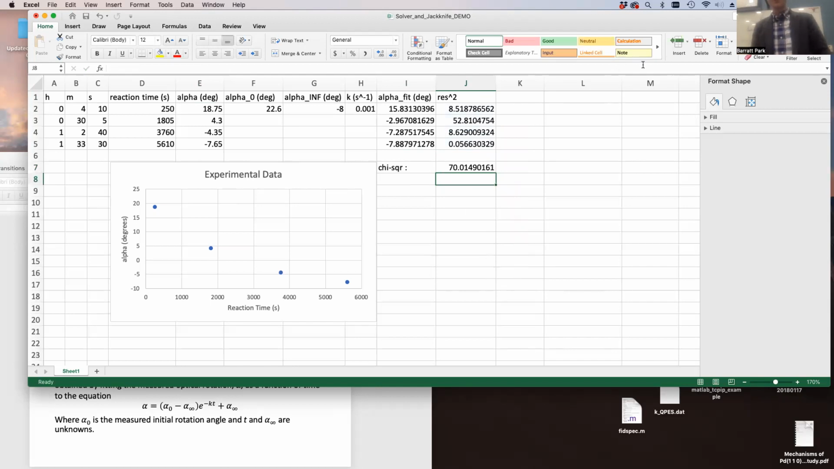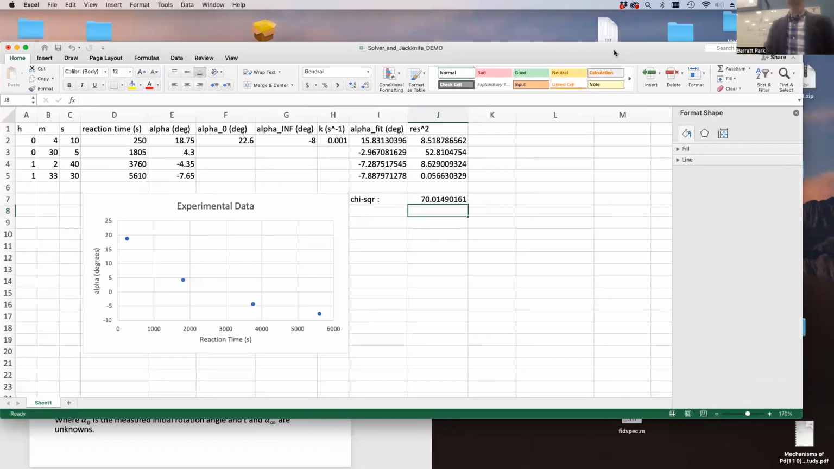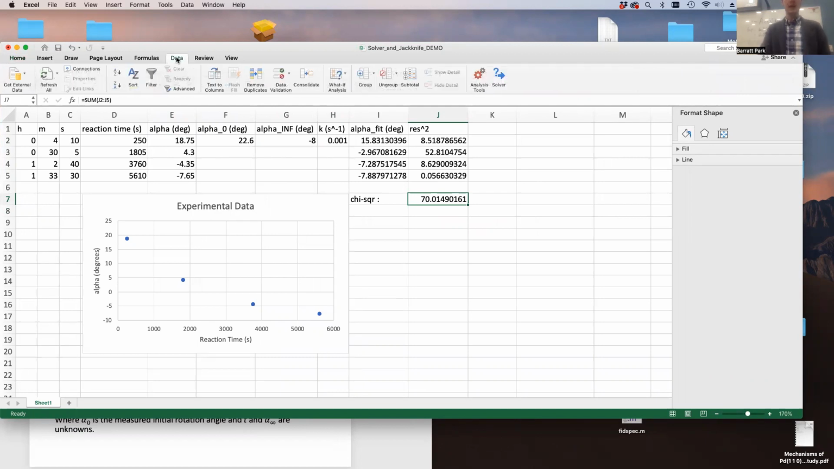Okay, so the next thing that I'm going to do is I need to find the values of the parameters that minimize the value of chi-squared, and that is the condition for the best fit parameter. So I'm going to do that using the solver function on Excel, which can be found under the data tab. So you're going to go to data, and